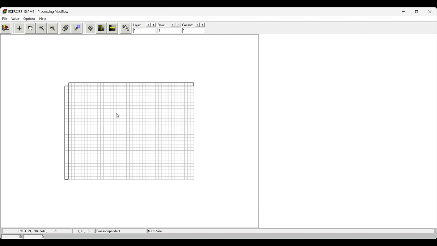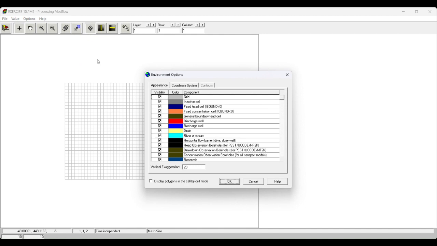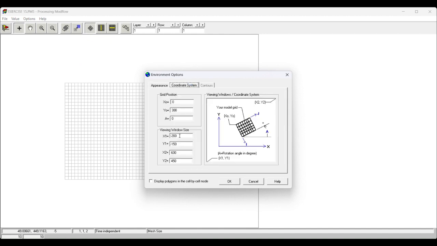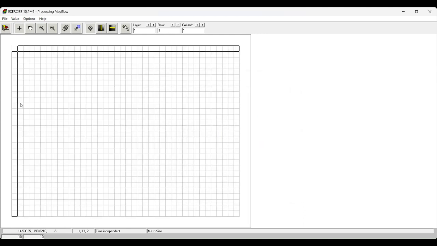So we have created our mesh grid, and to remove the extra area of the sheet, we need to go to option environment and increase the value, 200 to 20, y1 minus 20, x to decrease up to 420 and y2 up to 320. So it is our domain and study area. Save it,